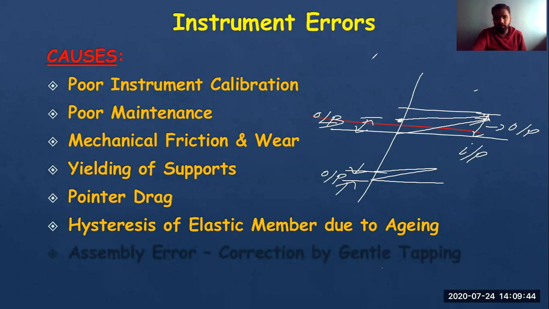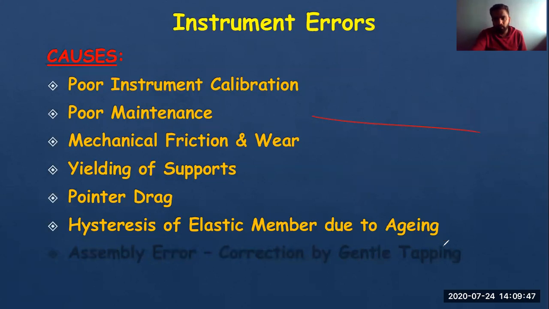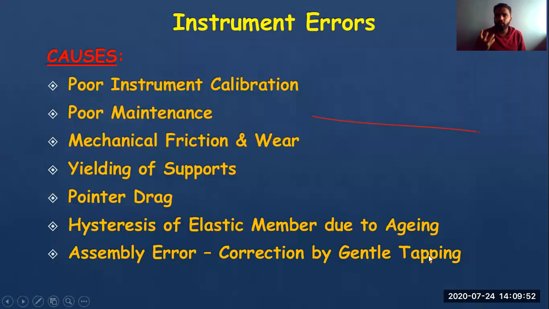The last one, which is common for humans to make, is when we do assembly. When we get an assembled product, and if the assembly of that instrument is not proper, that might be some human error, where someone has not assembled the instrument properly. Once you are using it, if there is some assembly issue, then you will get some kind of error that is called assembly error. You can correct it by gentle tapping if it is possible. You can tap the instrument and try to correct the assembly. If the joint is not properly fixed, you can fix it by your hand also if it is possible. Such kind of error is called assembly error.